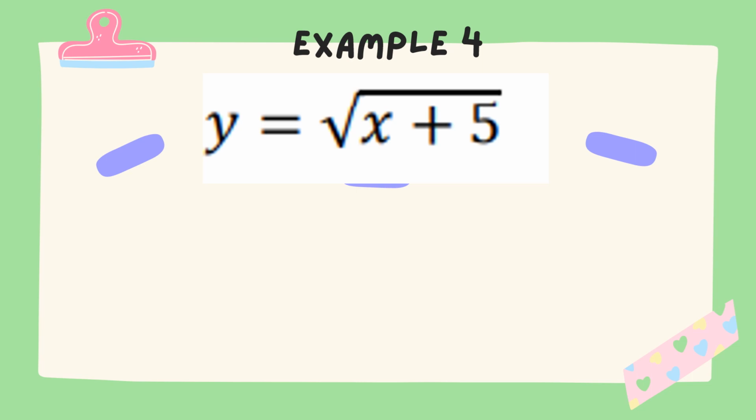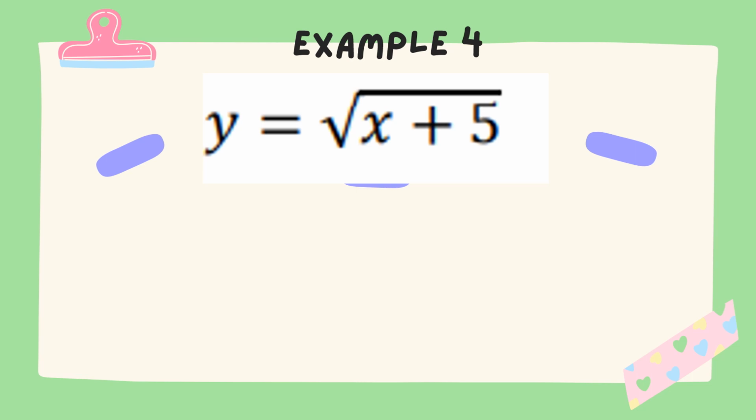Example number 4 is a radical function, also known as a square root function. The domain of a radical function is any x value for which the radicand, or the value inside the radical symbol, is not negative. If the radicand has a negative value, the roots or the solutions are imaginary roots or no real roots. Thus, it is not allowed in the domain of the function to have a negative value inside